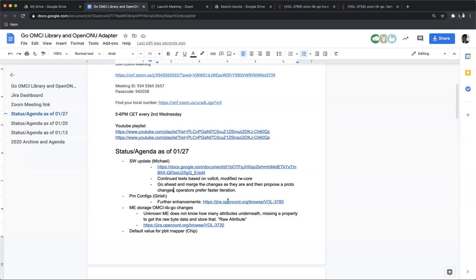So let's do it like this. Given that the changes are already there and working and are good enough for a first implementation that Michael is doing, I'll polish them up, I'll rebase them, I'll ask for reviews, and let's get those in, because those don't touch the protos at all. This is just implementation stuff. And then after these get merged, I propose my proto changes, and you guys can see how involved they are and how much this would entail in changes to everything. And we decide what to do.